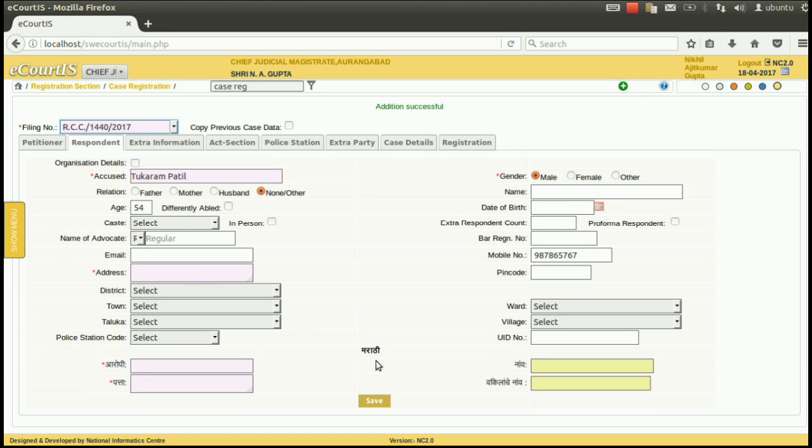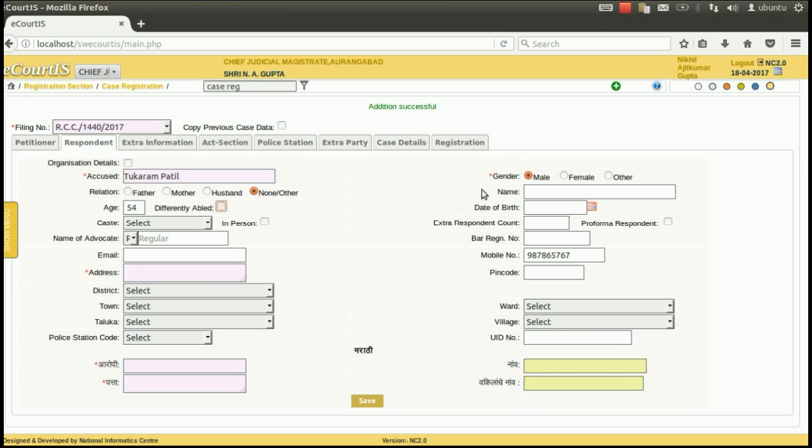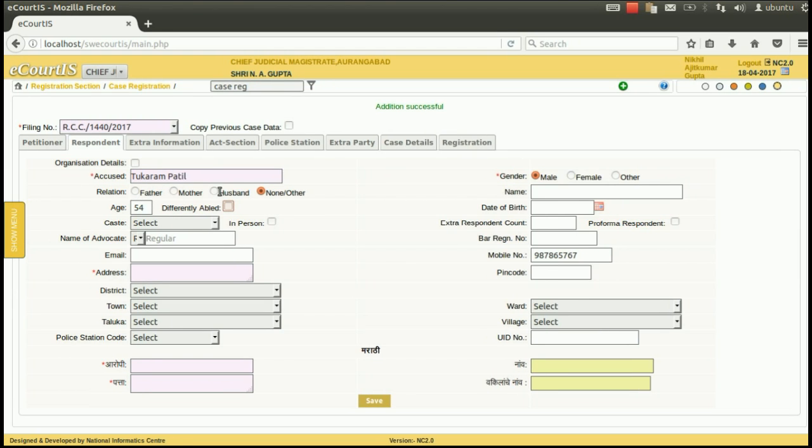If all the information is correctly and rightly filled, it will direct us to the next tab, that is the tab of accused. Name of the accused is already there. Then gender, his age. If he is differently able, then you have to click this checkbox. You have to mention the name of father or mother or husband of the accused.